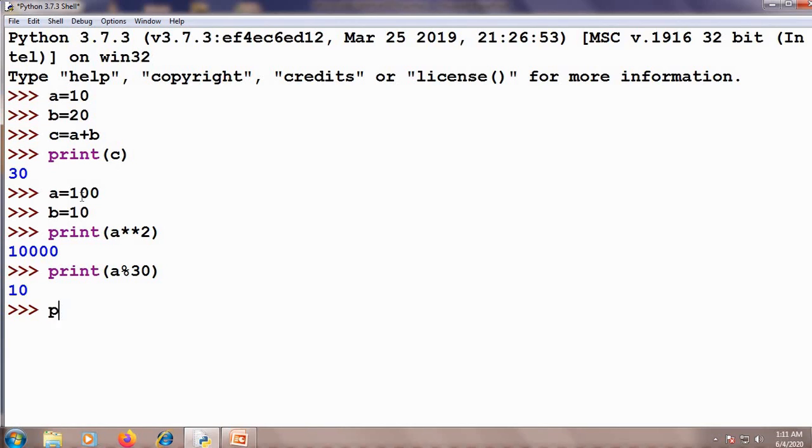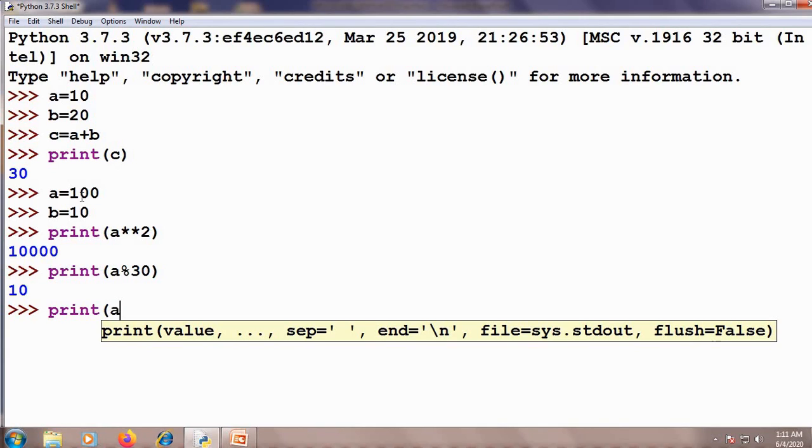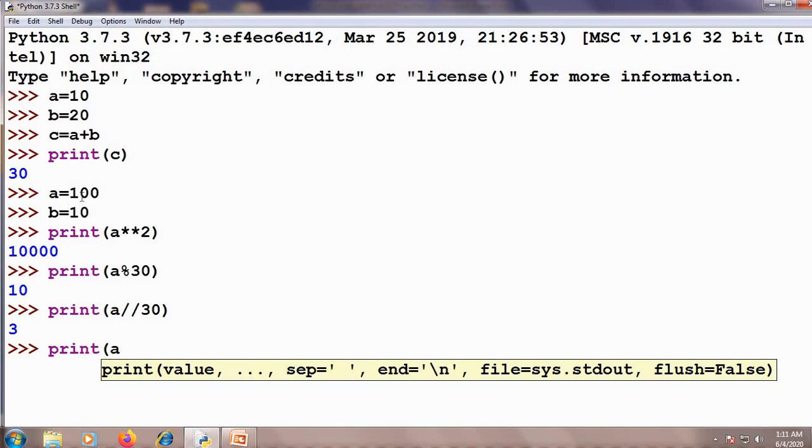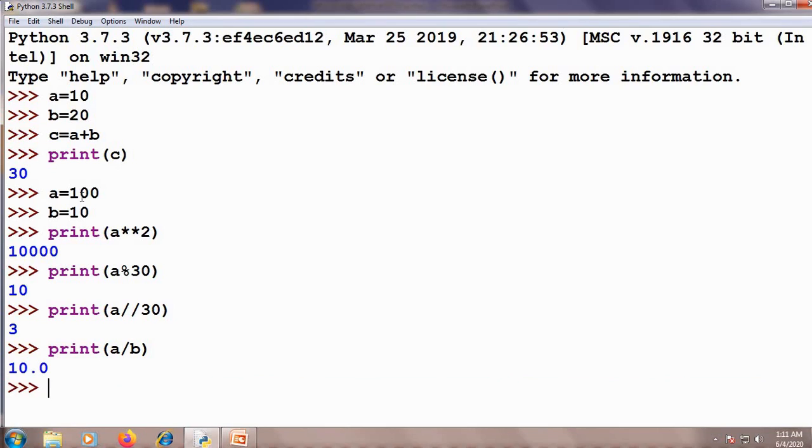I will give one example for floor division also. Print A double slash 30. This is for floor division, which is nothing but dividing 100 by 30. Only the integer part you will get. If I write print A slash B, you will get 10.0.